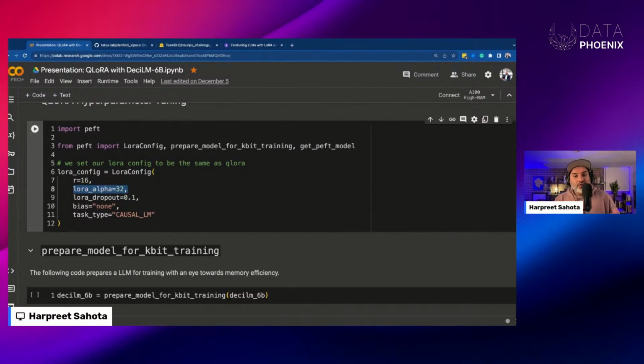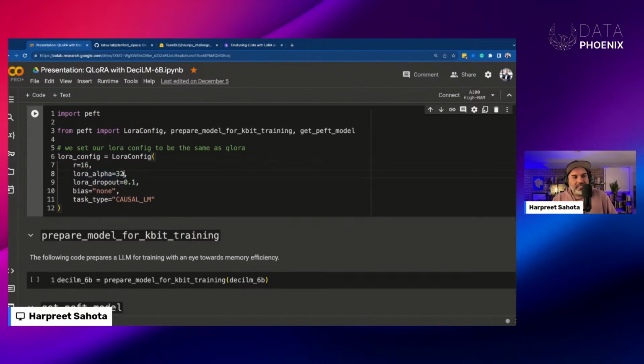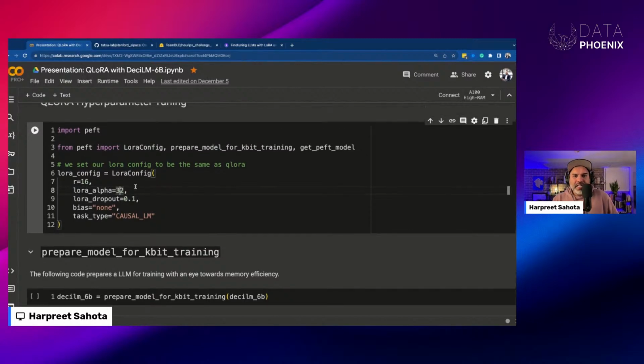Larger values of alpha will place more emphasis on fine-tuning data. So typically, you want to choose an alpha value that is 2 times the R value. So that's why I chose 16 and 32 here. And I chose relatively small values because remember, the higher the R, the more parameters you're going to fine-tune. In this case, setting R to 16 means that we're going to be adding about 6 million trainable parameters into the